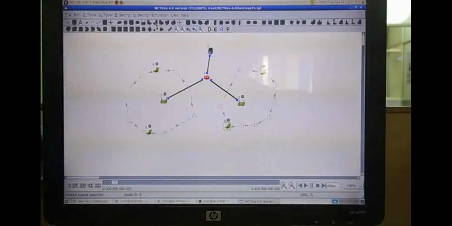After completion of the simulation for 100 seconds, the result file will be generated and delivered to the client here. Let us wait for the completion of this simulation.